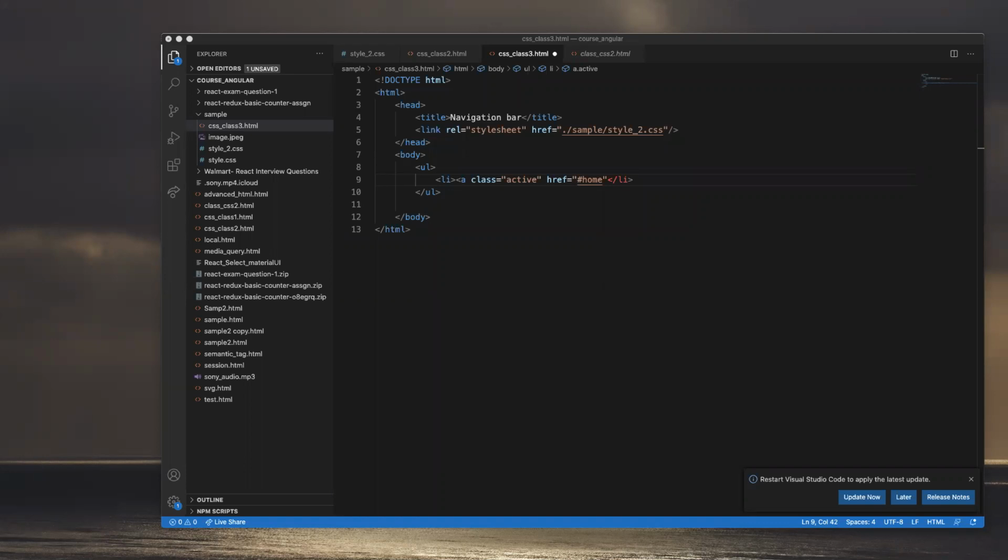Okay, suppose if you want to give one more, this is li, right? So you can make it simple, like we can give one more class, and I just want to give only this one as active,